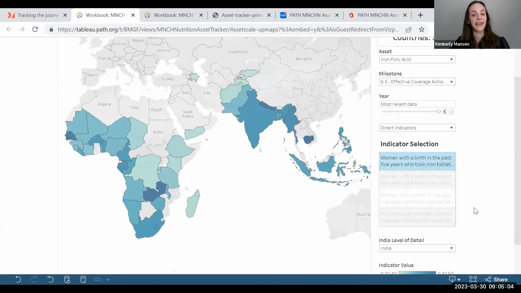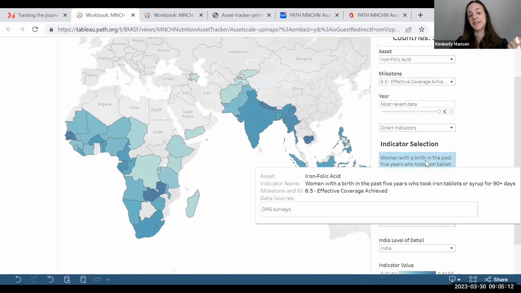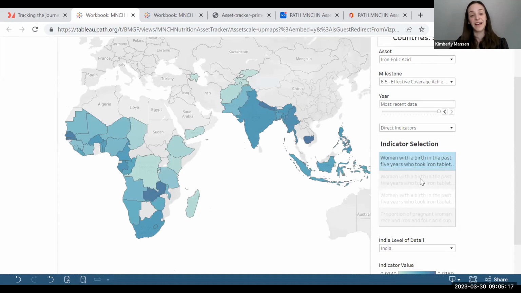Where there is data available at a global level through global surveys, we were able to draw in information beyond just our focus countries. So whereas on some of the other milestones I mentioned, we only saw the priority countries highlighted. Here, we can see that DHS information is available across for this 90 plus tablets of iron availability or coverage, effective coverage.